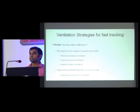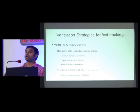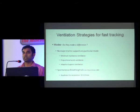Another area of interest is spontaneous breathing trials. If you do a spontaneous breathing trial, it's more of a surrogate of telling whether the patient is ready for extubation, which is different from telling that the patient's lungs are getting better. So you don't want to be doing spontaneous breathing trials in the really sick patients. The reason being,